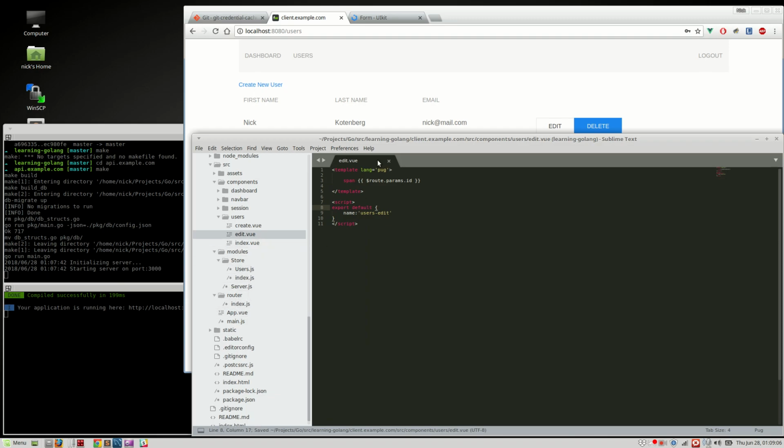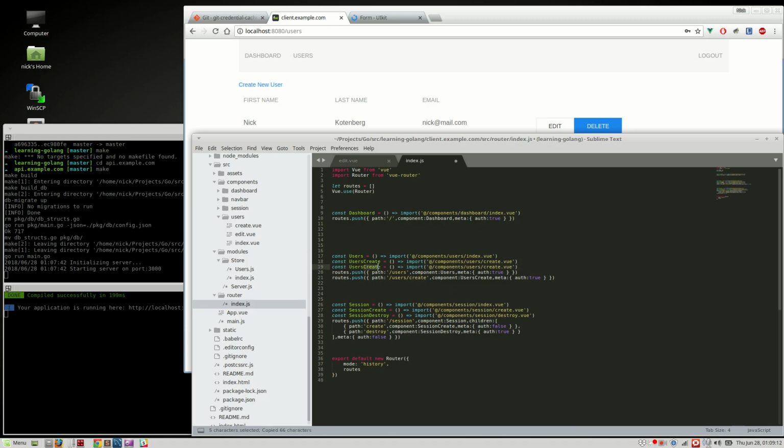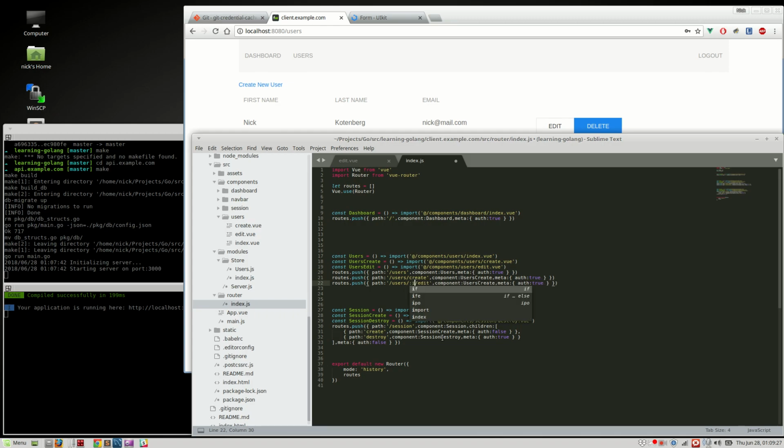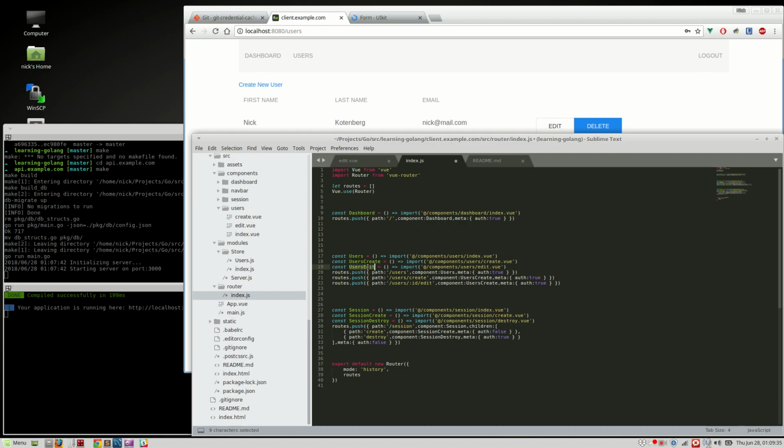Let's see if you don't know what that's doing. In the router, we need to create an edit page. Edit, and then in this case it's actually going to be edit, ID. I believe that is correct. Let's go back to our README. It is users edit, so that is correct. And then we can use this